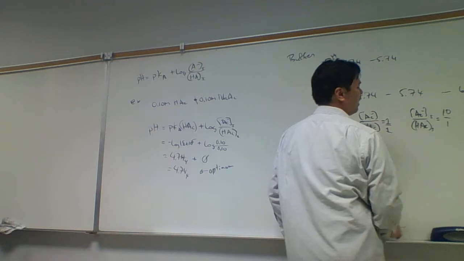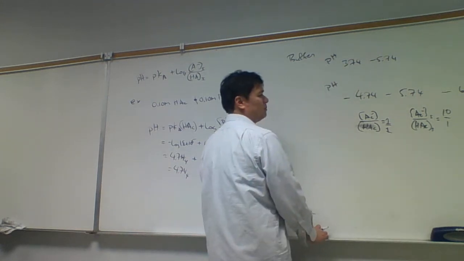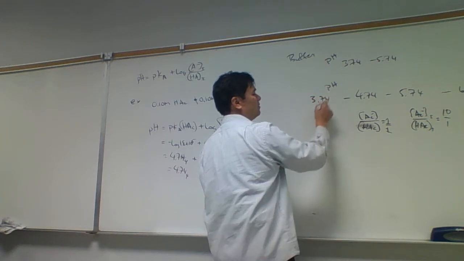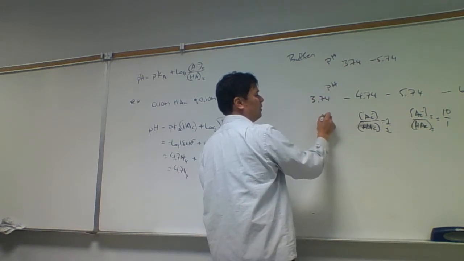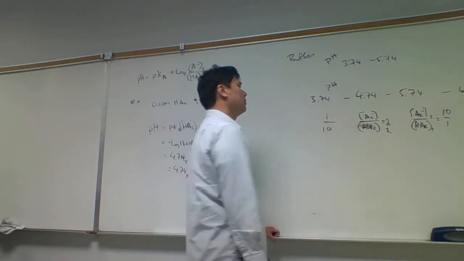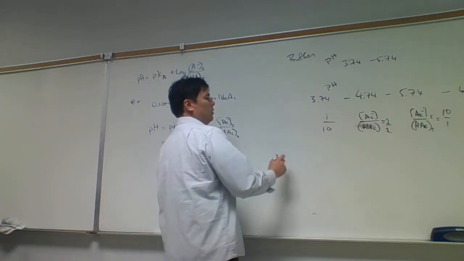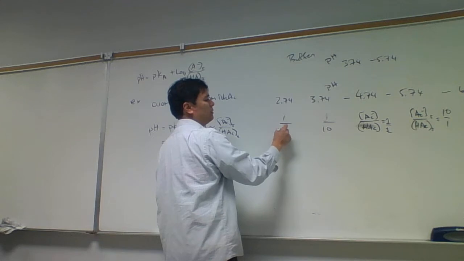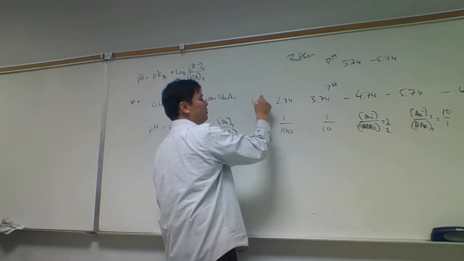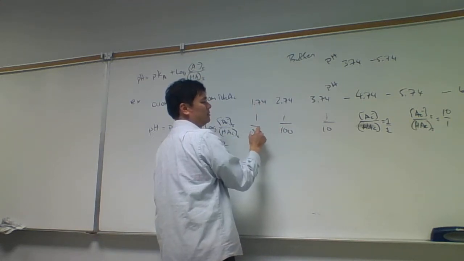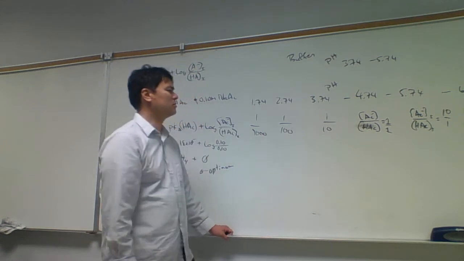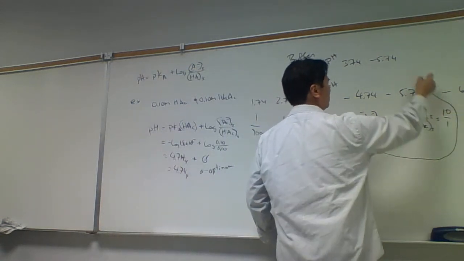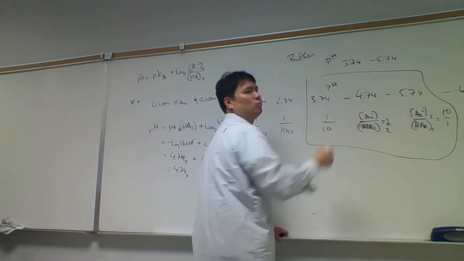A buffer should have significant quantities of both acid and base present. And so if we're at a pH of 3.74, then we're at a ratio of 1 to 10, 10 parts acid to every one part base. If we go to 2.74, it's 1 to 100. 1.74, it's 1 to 1,000. And so these are too biased. So we try to keep it within this range here, within a 1 to 10 to 10 to 1 range